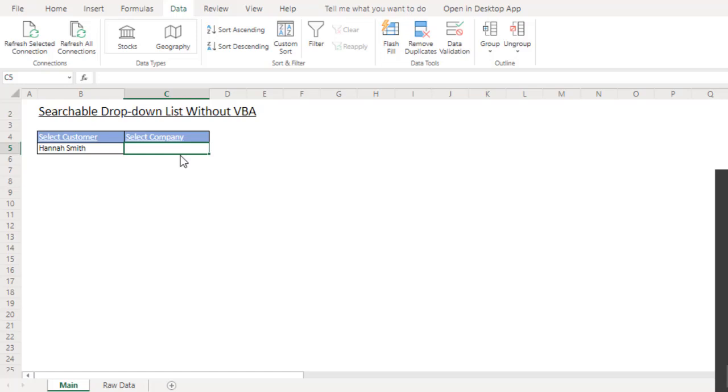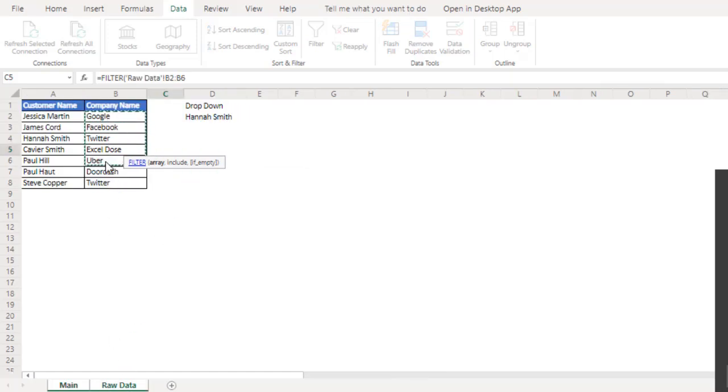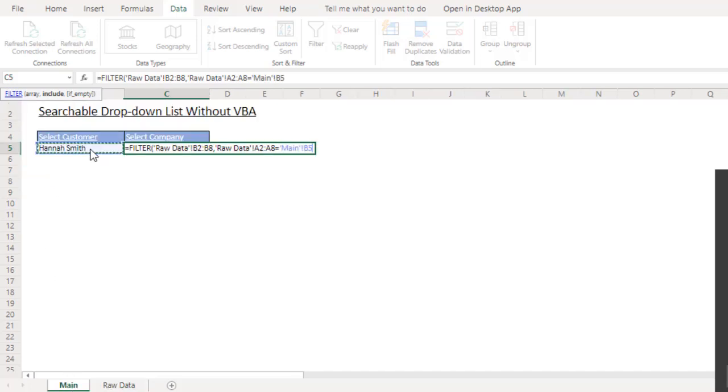I will use the new array function, which is the FILTER function. Yes, you had it right. So I'm going to use a FILTER function here. For that, we type FILTER, then it is asking for the array. Our array will be this particular range, because we want to showcase the company name, right? Then click comma, then it is asking for include, so it should include these names, where it equals the selection we have made from the drop down list. If it is true, then it should show the company name, otherwise it should show blank.